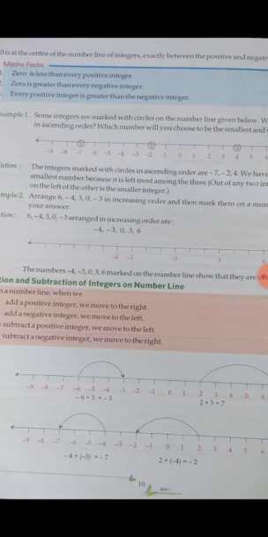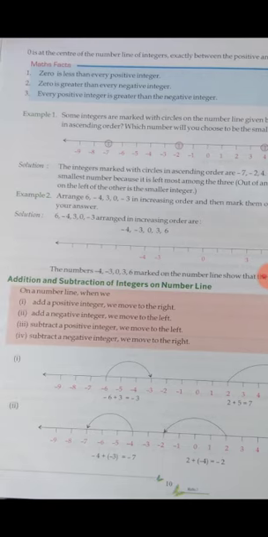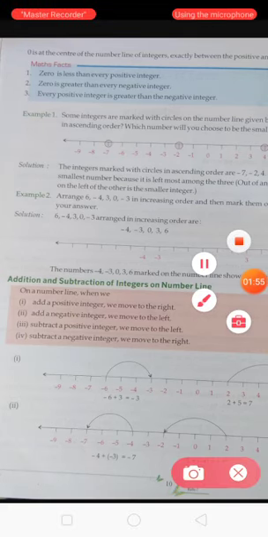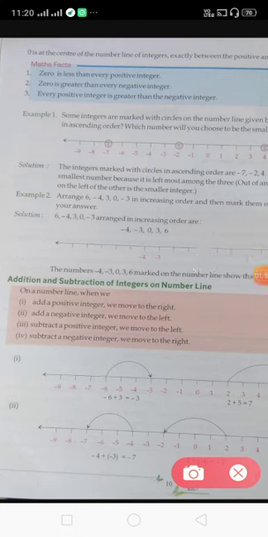Now we are discussing the number line. On the number line, addition and subtraction: see how we will add. I have told you, whenever you are adding, you move on the right side. If you are subtracting, you move on the left side. Before this, one thing I want to remind you again: 0 is neither positive nor negative. Okay, and 0 is less than every positive number. 0 represents nothing.